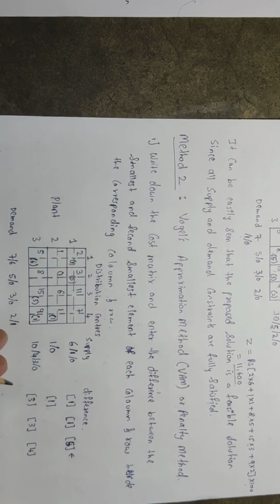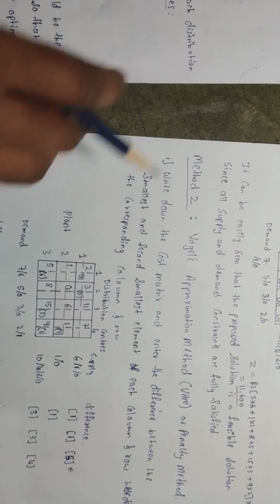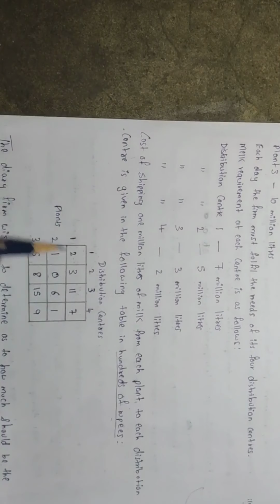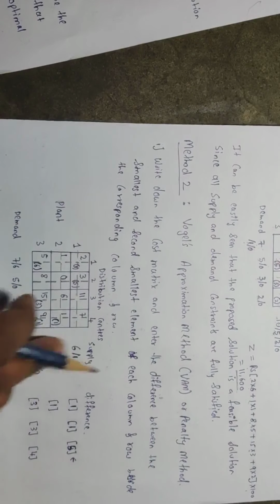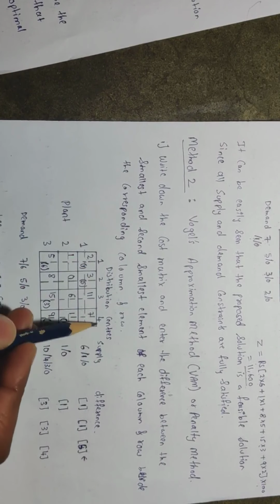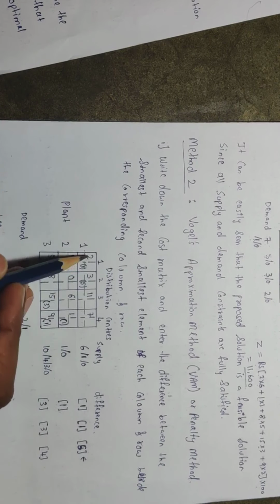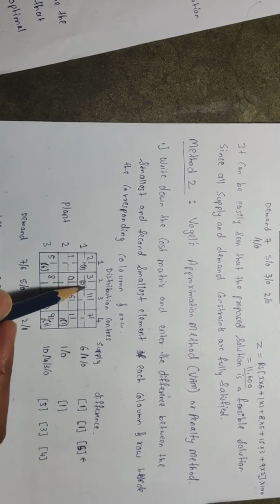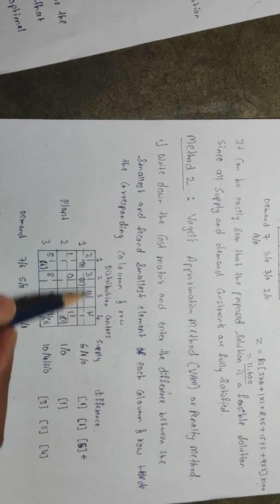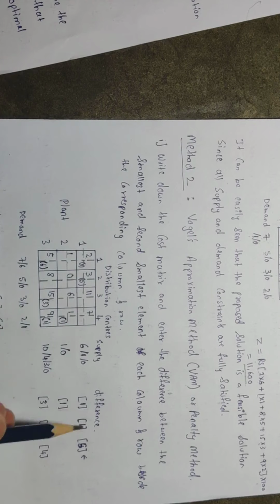Okay, what it means is, now see, the same table I have taken from the first step, from the given question. You can check plant 1, 2, 3 and distribution centers 1, 2, 3, 4 are there, and costs are given. Now what you have to do is take the first row, take the two smallest numbers from it, and take the difference between them. The two smallest numbers in the first row are 2 and 3, right? So the difference, 3 minus 2, is 1. So I have taken the difference as 1.